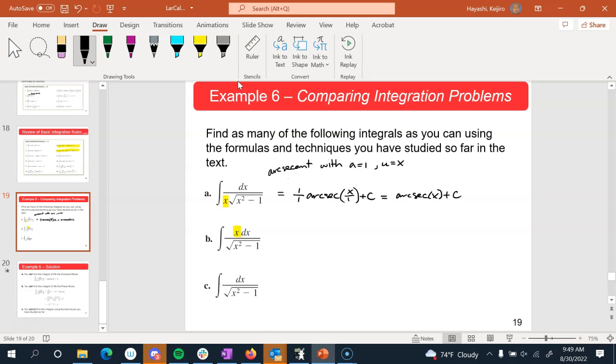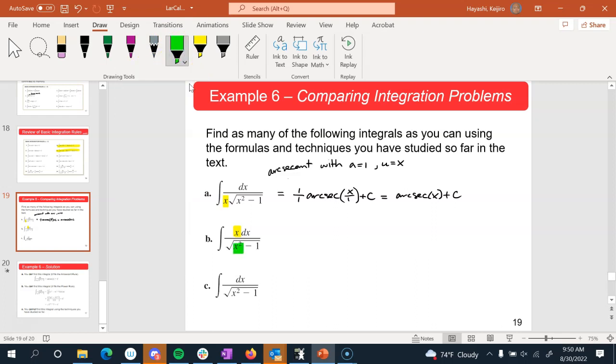The second one has x on the top, and so it's not arcsecant anymore. In fact, it might appear at first to be difficult to tell what this is supposed to be. But you might notice that up top you have x dx, and wedged inside the bottom, underneath that square root, is this entire expression x squared minus 1. Well, a linear factor like x is going to be the derivative of a quadratic factor like x squared minus 1. So you might say,